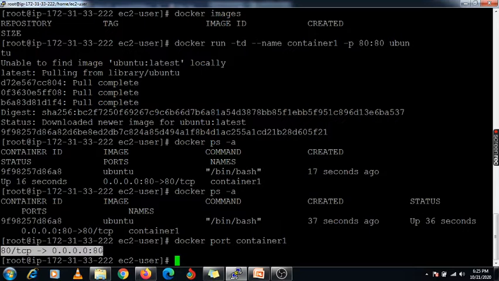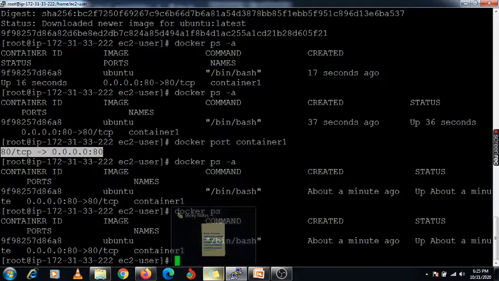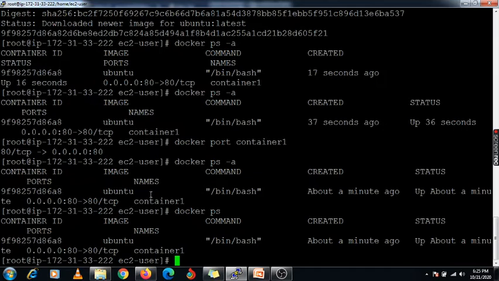Now we are going to go inside this container. There are two ways to go inside that particular container. First, we can check with the docker ps -a command. The second is docker ps, whatever containers are running. With this command we are checking whatever containers are available and their names. Second, how we can enter inside the container.